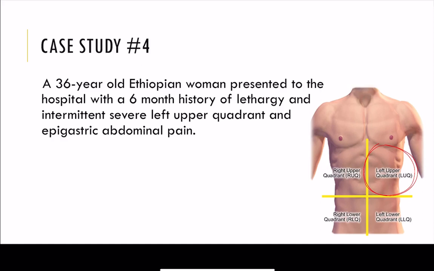If you go to the right upper quadrant, that is where we find liver, gallbladder, and large intestine. The left lower quadrant has the last part of the colon and ovaries. The right lower quadrant is colon, last part of the small intestines, your appendix, and also obviously ovaries. So I'm just giving you the anatomical background, because that description gives you a good idea of where we are